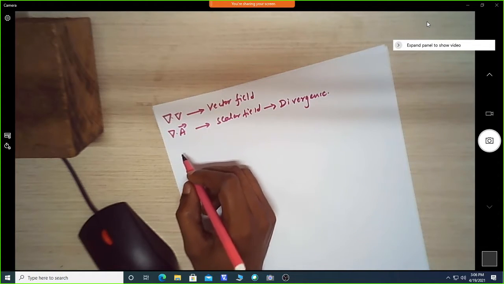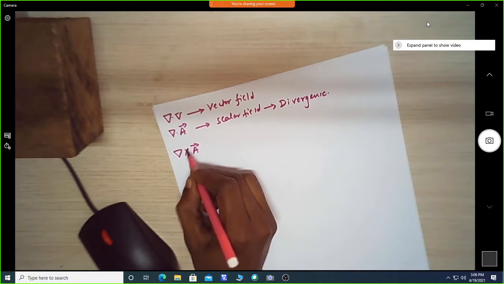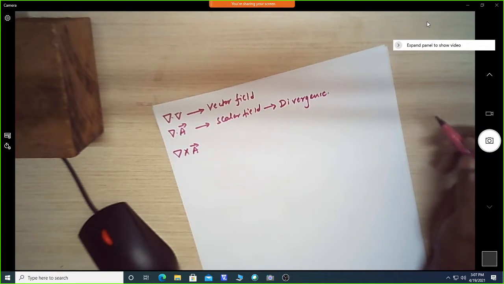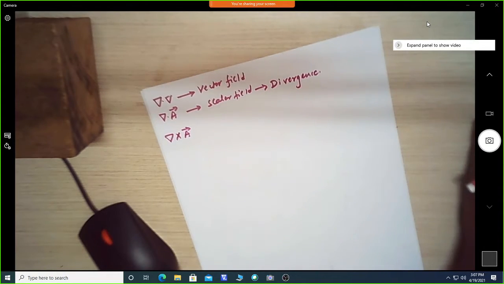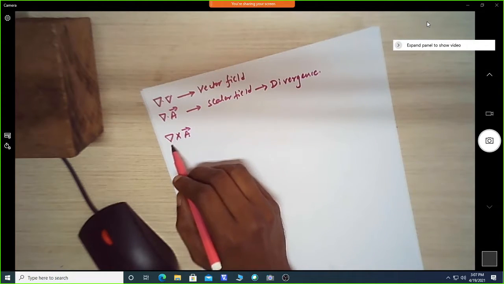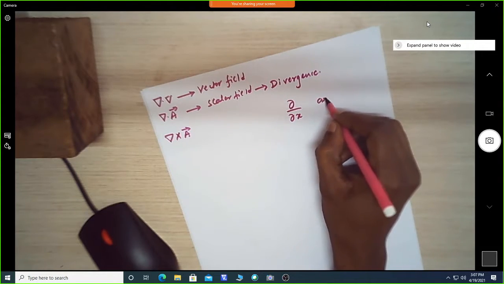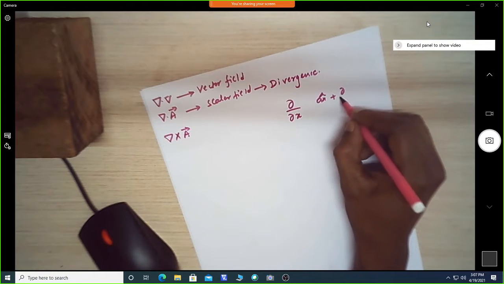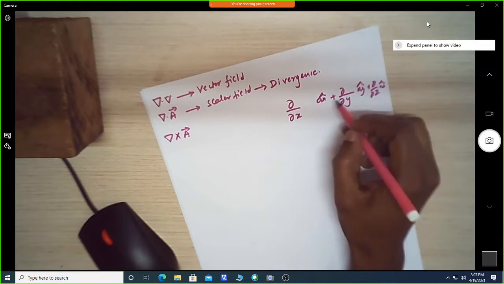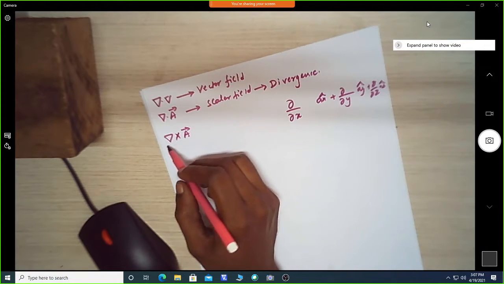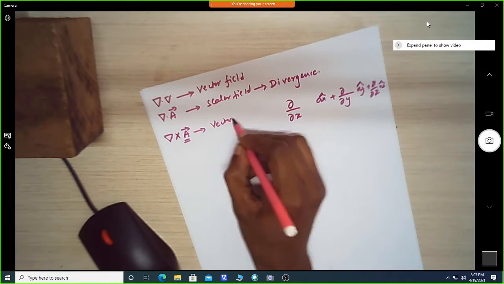So today we will discuss the cross product. Similar to the case of two vectors, where there is a dot product and a cross product, here too there will be a del operator. The del operator, you know already, is in the direction of ax, ay and az, so this is also similar to a vector. Now if we operate this del operator on a vector, the resultant will be a vector field only.